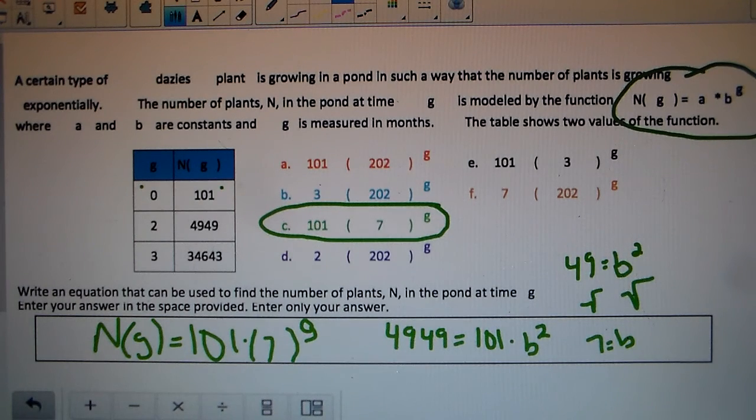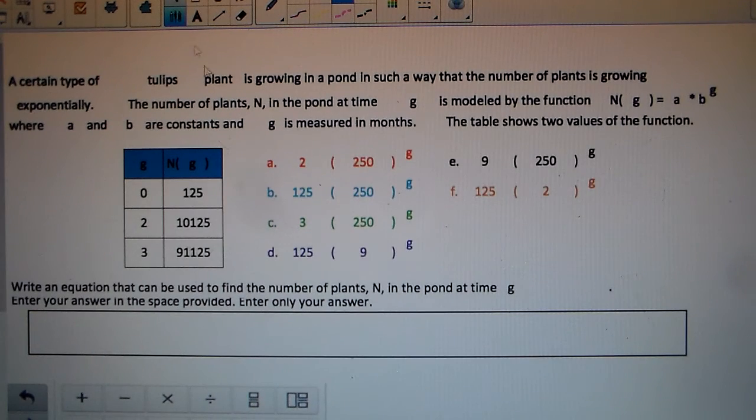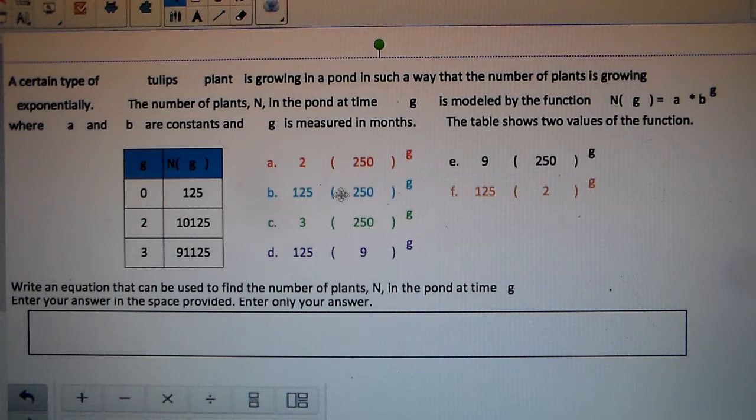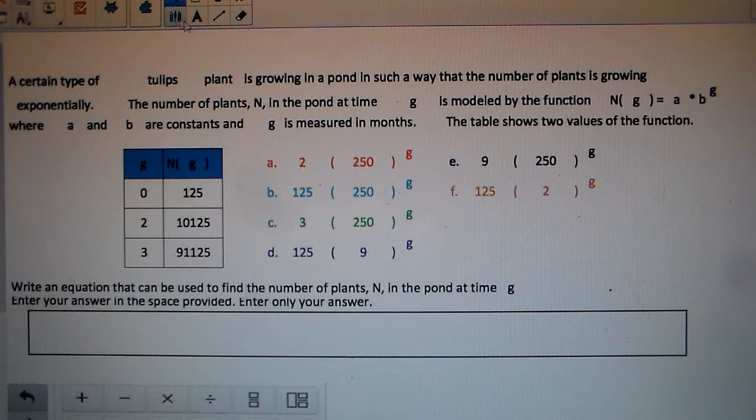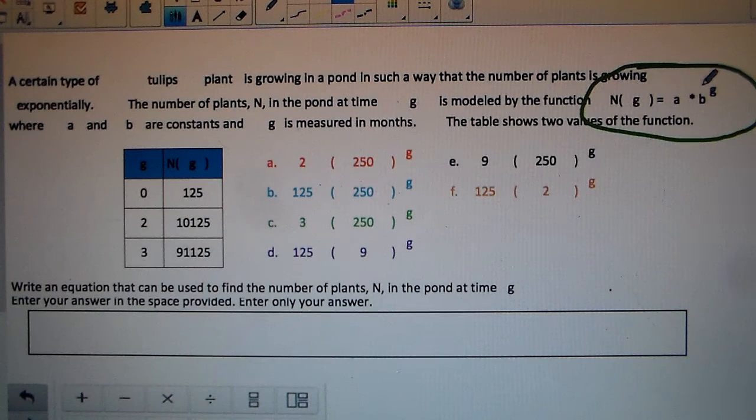Let's see if we can get lucky to do even one more. So we've got tulips here. Here's our chart. We've got that same formula set up: n of g is equal to a times b to the power of g. We look at our initial, at the 0, the beginning of the experiment, which is 125 tulips. So we do n of g